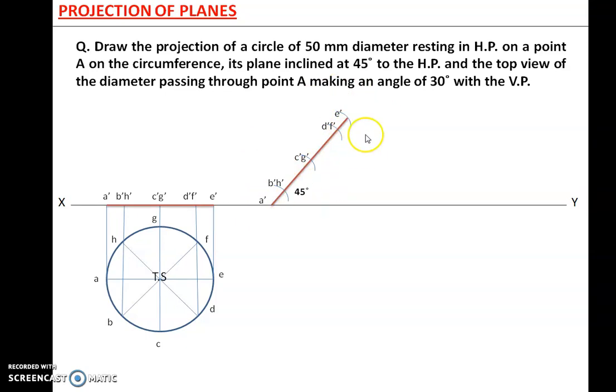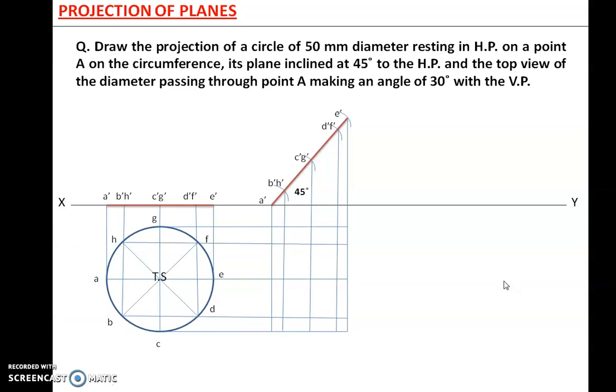So this completes the inclination of the plane, or the surface is inclined at an angle of 45 degrees. So we have now the circle which was on the floor. I have lifted the circle such that now it is just resting on a single point A on the floor here. Now project all these points in the top view. Same way, project all 8 parts to intersect these projectors. So here the intersection is done.